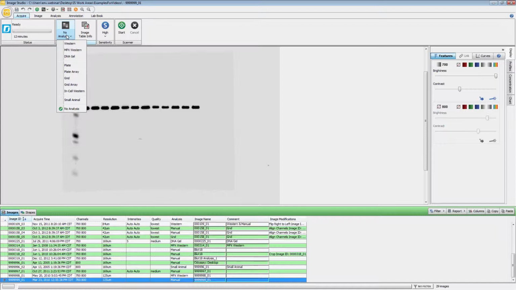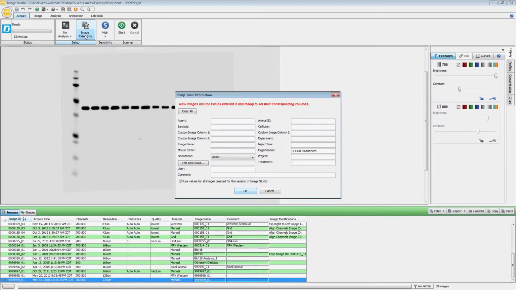For the C-DiGit, you will not have an option for an analysis type. But the next button here, this image table info, allows you to enter information about the scan before you start. So if you would like to enter a comment regarding, say, the antibody that you're using or the sample types that you have, that information can be entered here in the comment field, and then it will appear in the comment column down here with your image. Now, you can add that later on if you would like to as well,